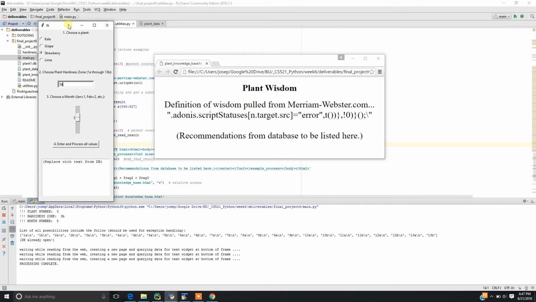You see the text that repeats that it's waiting while it's reading from the web, which is a pull of data or download of text from Merriam-Webster.com. It's actually the definition of the word wisdom. In this case, between submitting my assignment, which you'll see in my screenshots, and today, 2 or 3 days later,